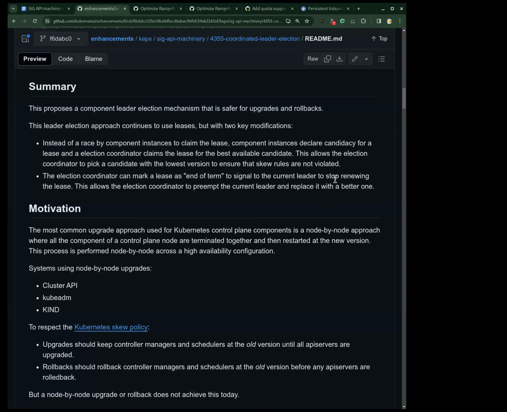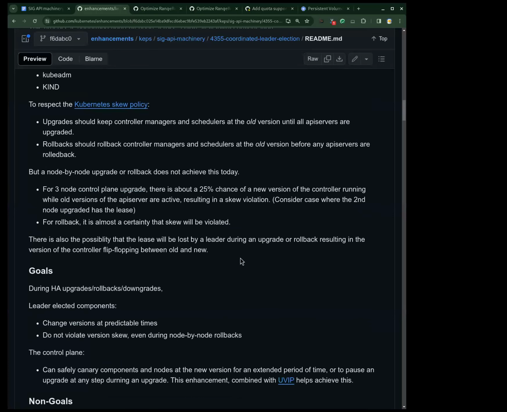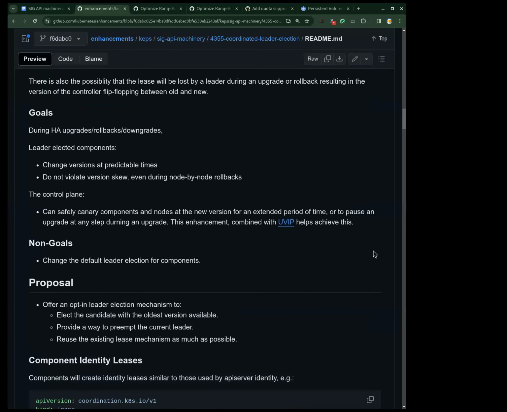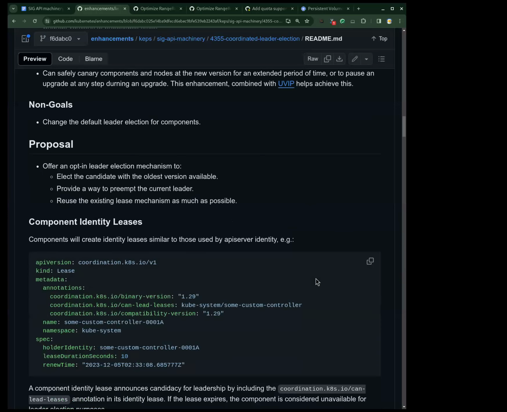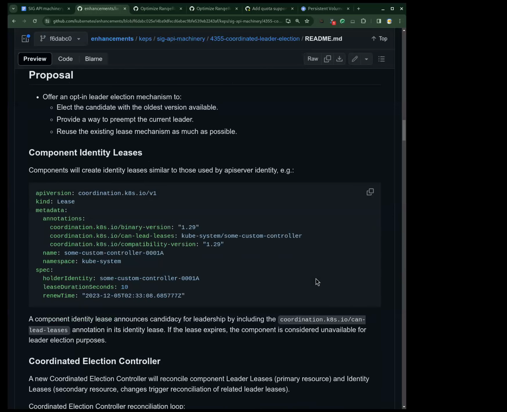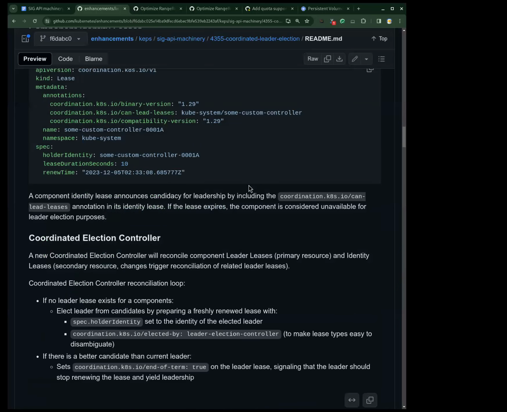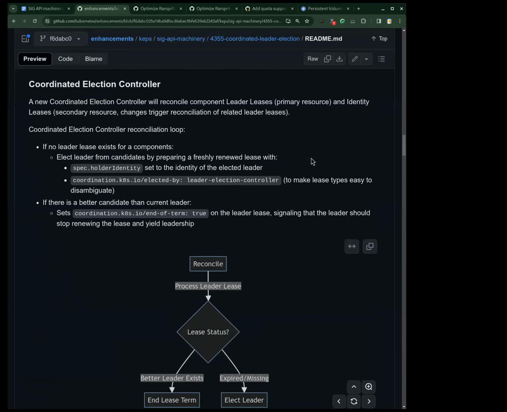And so we're introducing this thing called coordinated leader election, which we want to facilitate safer upgrades in HA clusters by centralizing the lease assignment for leader elected components, such that instead of racing, these components do not directly try to acquire the lease, but instead are assigned a lease by a centralized component, which we call the coordinated leader election controller.